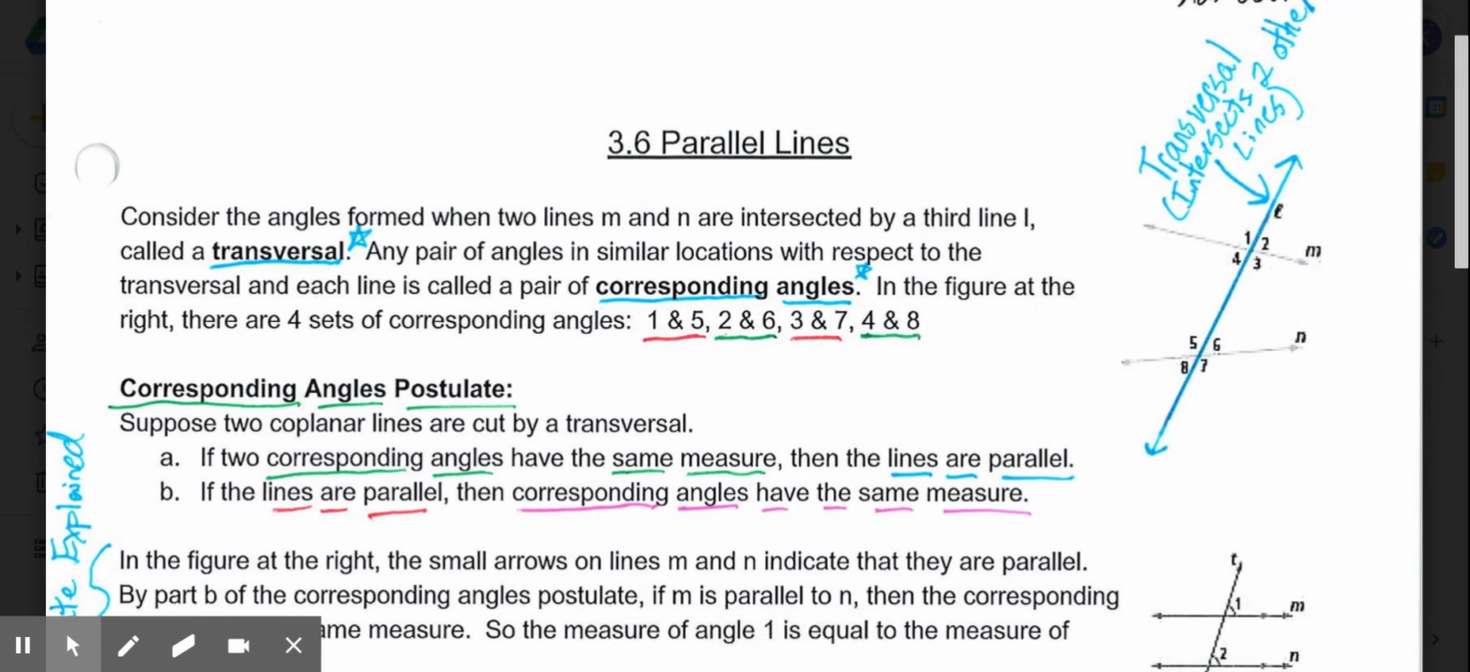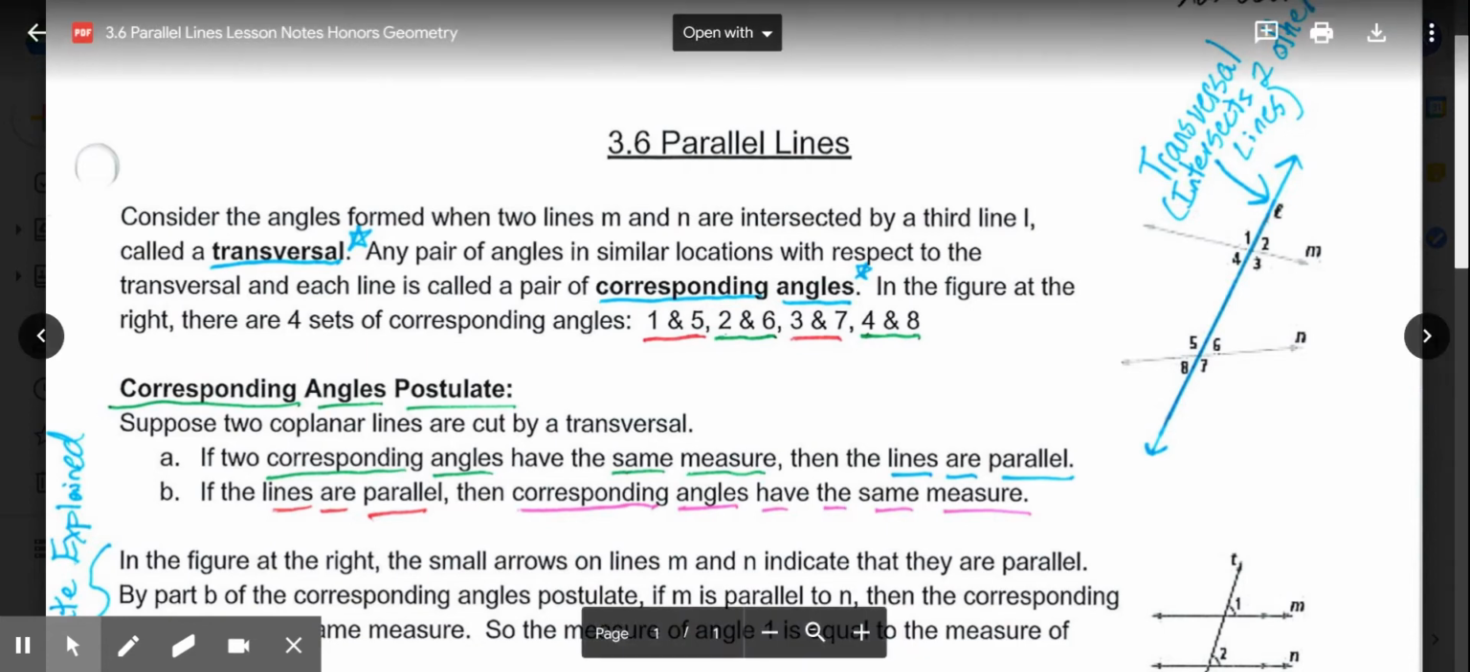Then, if we're looking at the transversal, we can figure out a special relationship between an angle pair known as corresponding angles. And corresponding angles are in similar locations with respect to the transversal. So, for example, looking at this figure at the right, angle 1 is corresponding to angle 5